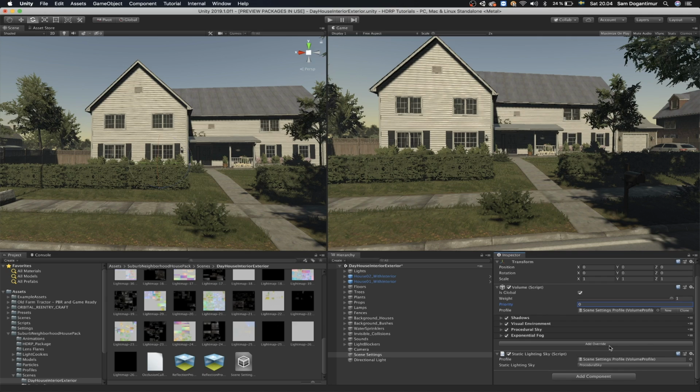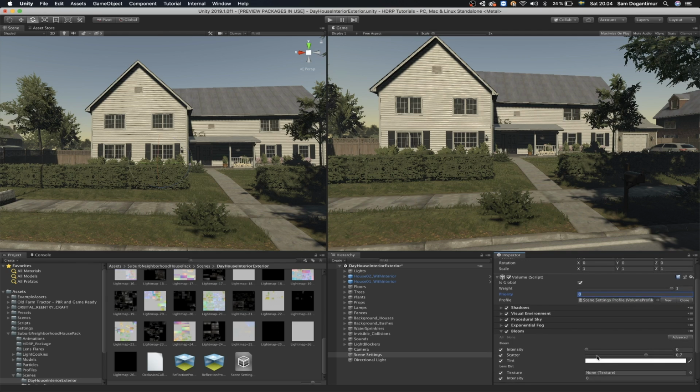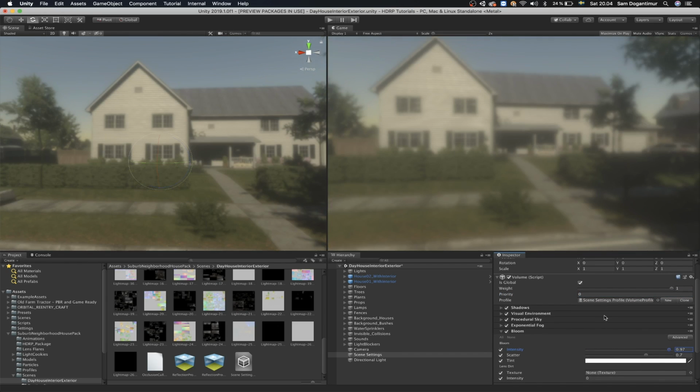So we could click add override and then go into post-processing and pick something in here. Like let's say we're gonna add some bloom, right? And we can enable all these settings and increase the intensity to be like something crazy, right? Now the thing is, I don't recommend having post-processing in the same volume component as the scene settings, because specifically